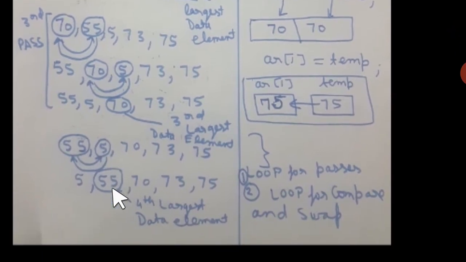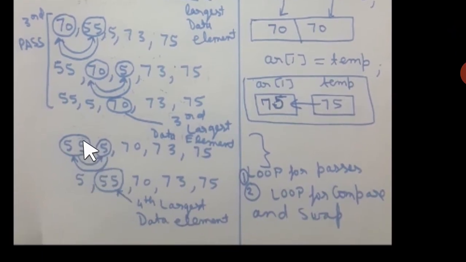Students, after that we go for the fourth pass. Now we compare 0 with 1. So here what happens? Now the fourth largest element has reached its destination. So this is the fourth pass, student. At the end of the fourth pass, you can see the data is sorted. So in the fourth pass, we have stopped at location number 0. So 0th will be compared with the 1. So these things you keep in your mind.